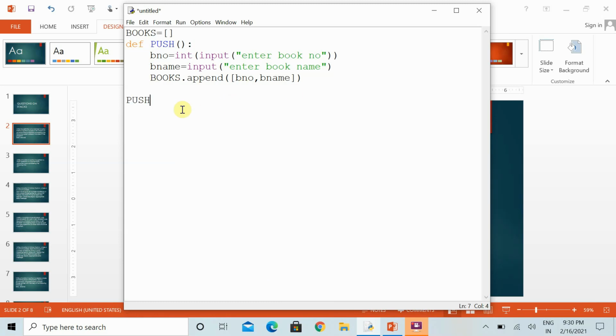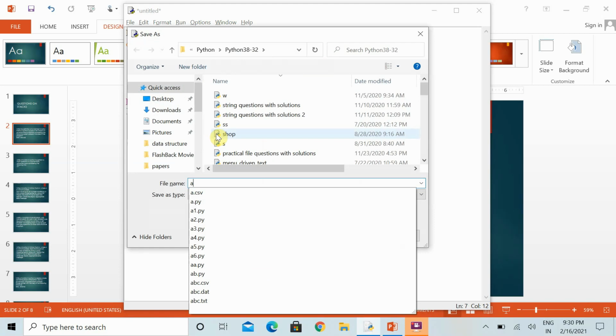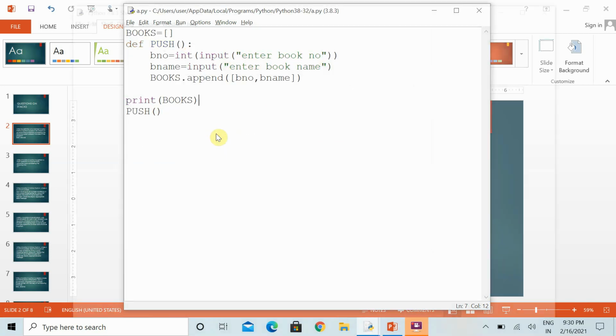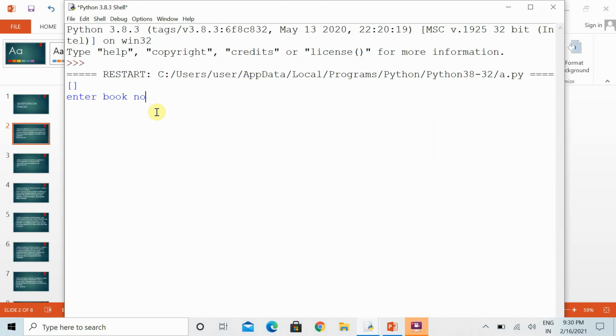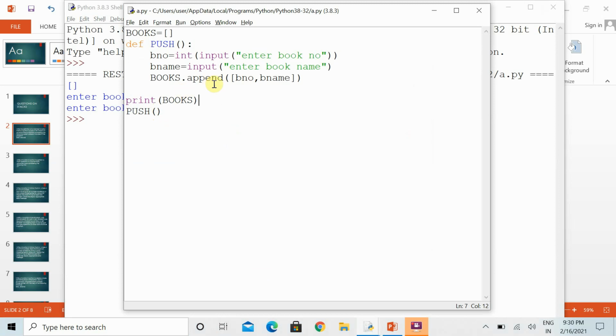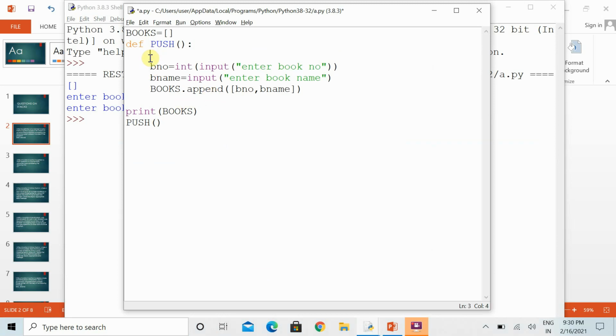In the exam, if they ask that you have to call the function, then you can write this much. That's all. If you want to see whether the information has been added to your stack list, you can execute the code and see whether the information has been added or not. Enter book number. I can add anything, and after that it has not shown us anything. You can add a for loop also. It will show you how many entries you want to store in that list. Suppose I am entering 3, for 3 pieces of information.